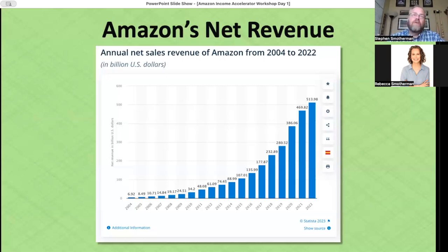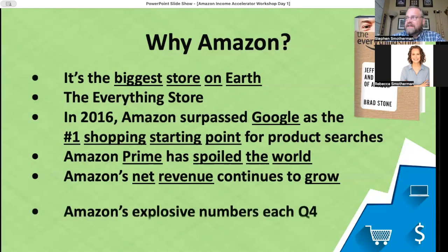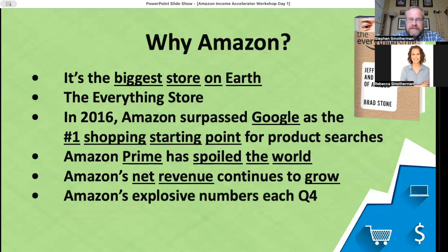And so you would think, oh, well, the following year, maybe it just kind of leveled out a little bit. No, it just continues to grow over and over and over again. Amazon's net revenue continues to grow. And of course, this is a Q4 focused workshop, so it's important to understand